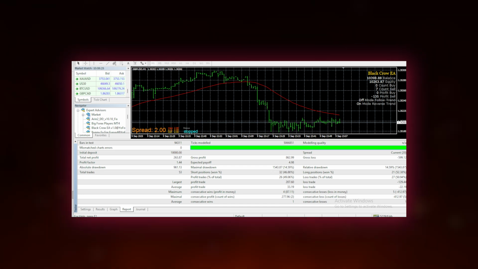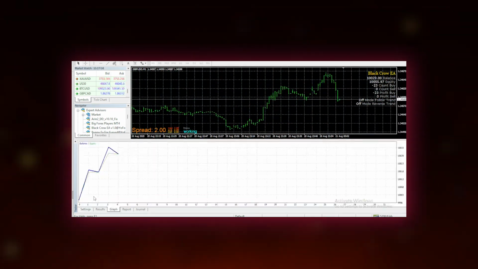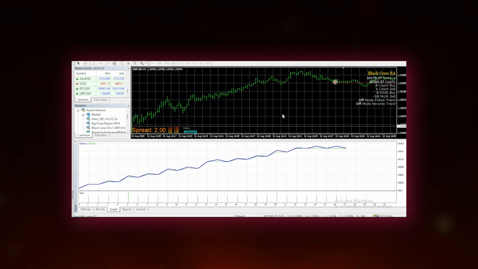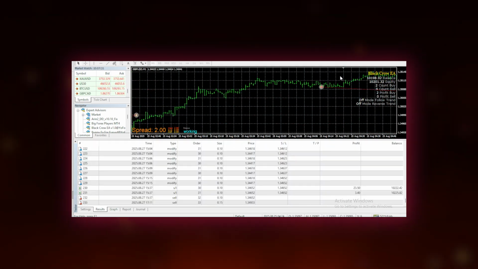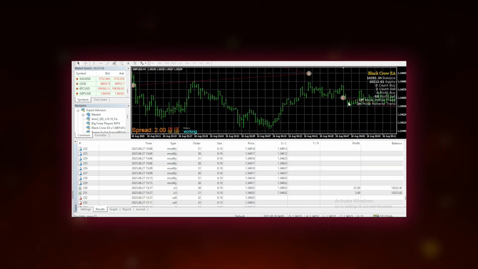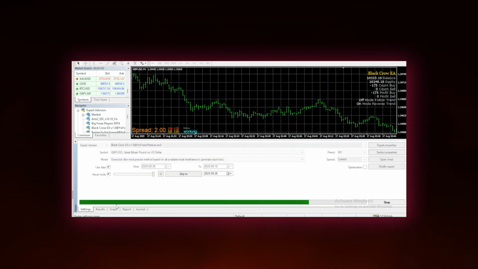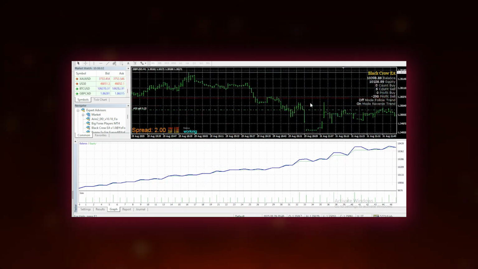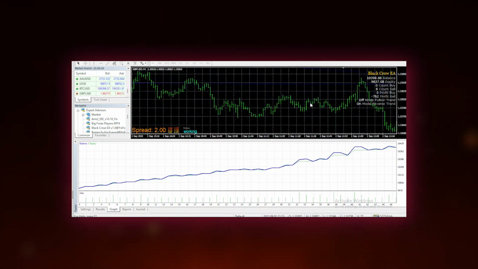The balance curve clearly shows stable growth with minimal fluctuations, proving how efficiently the EA adapts to changing market conditions. It combines both trend following and reverse trend modes, automatically switching based on volatility and momentum shifts. Each trade is managed by its built-in risk control system to ensure steady equity growth and consistent profit flow, even